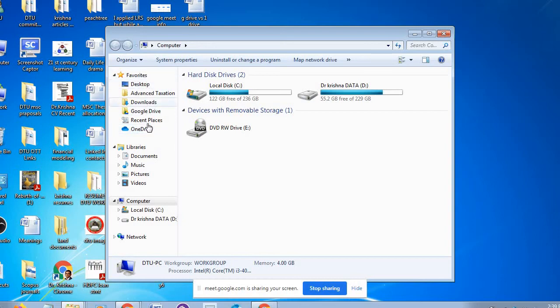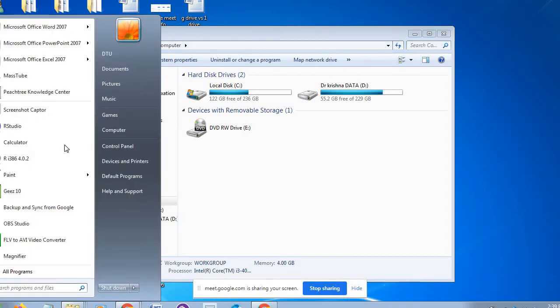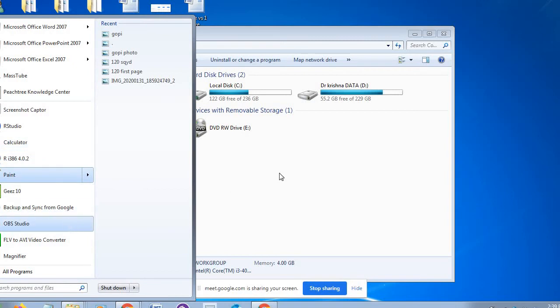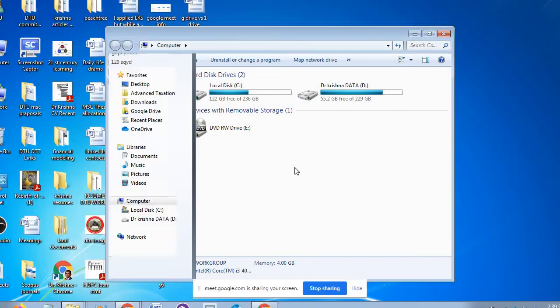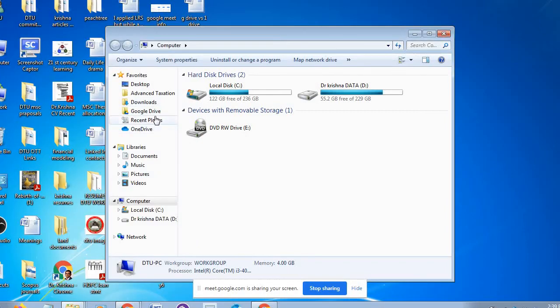Here under favorites you see both Google Drive and OneDrive. Sometimes on Windows 8 or Windows 10 you can also find it here. Some systems store it under the starting menu, so you check either here or here.